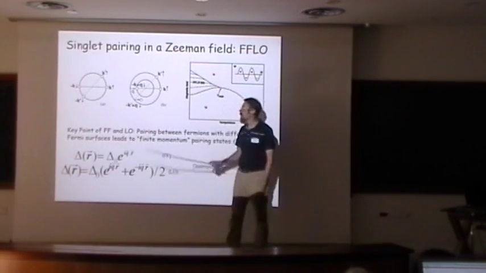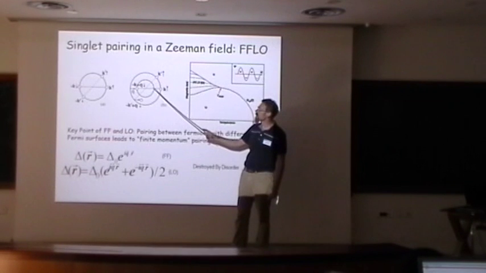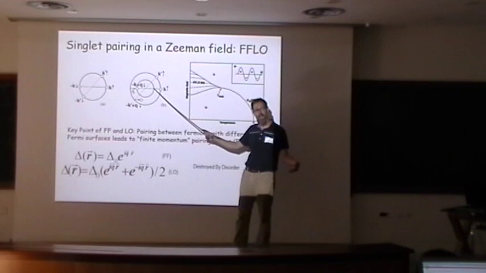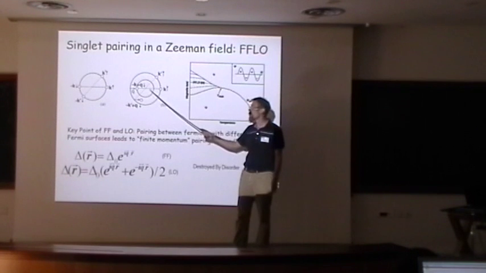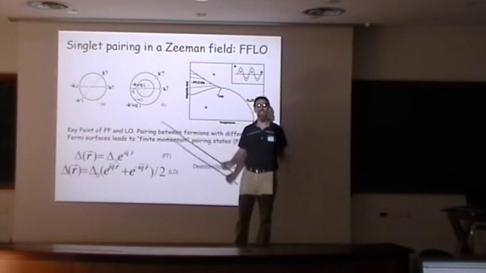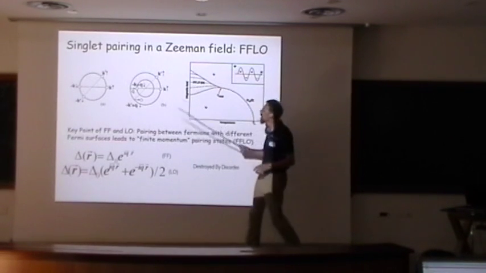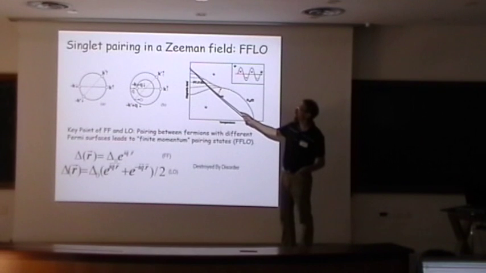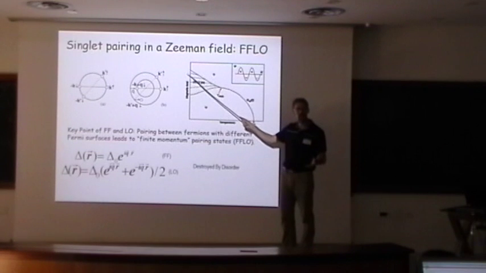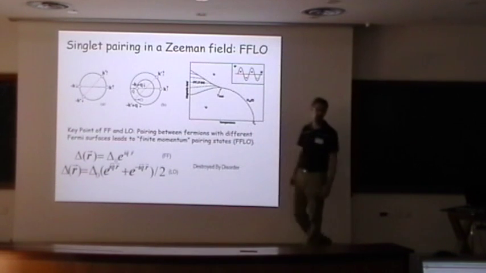The difference is, okay, I've drawn the picture similar. The difference is the splitting of these bands is on the order of mu B H, and mu B H is typically less than delta. In the spin-orbit case, I said I have strong spin-orbit coupling, so that splitting is much, much larger than delta, and that particular circumstance is not easy to form those phases. In fact, you find those phases are very strongly suppressed. If you look at this example here, I didn't tell you this, but this field is maybe on the order of 2 times the gap. So mu B H is on the order of 2 times the gap. And you can see that superconductivity no longer exists. And so the spin-orbit coupling is up here somewhere, you're not going to get a stable phase like that.